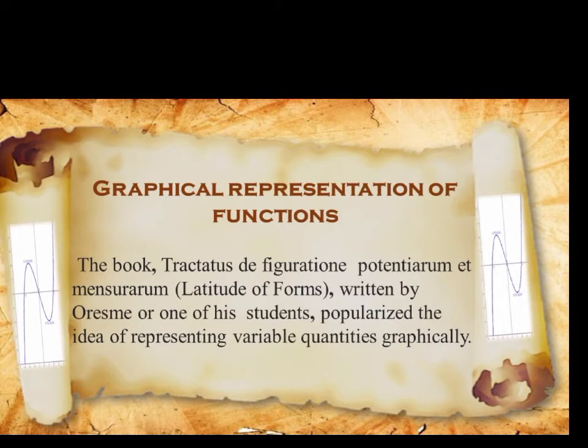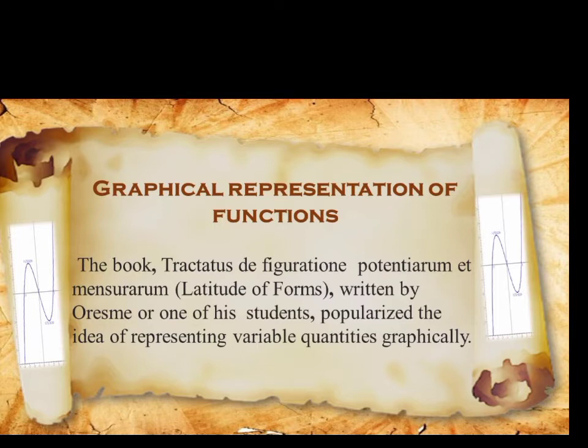We have already noted that the methods of Apollonius had anticipated the development of coordinate geometry much earlier, but the idea of representing variables was presented very clearly in Oresme's work, and its influence can be measured by the numerous editions of his work that were published well into the 16th century. His suggestion that certain physically measurable quantities are continuous has been implicitly assumed in many applications of mathematics to science